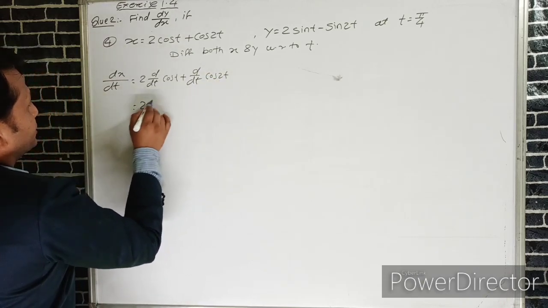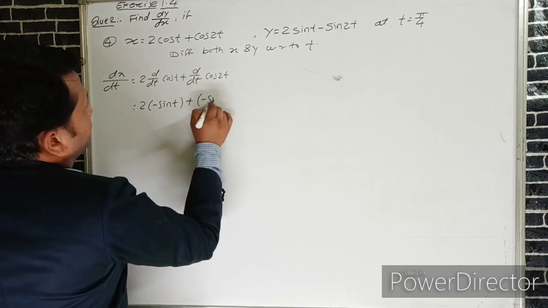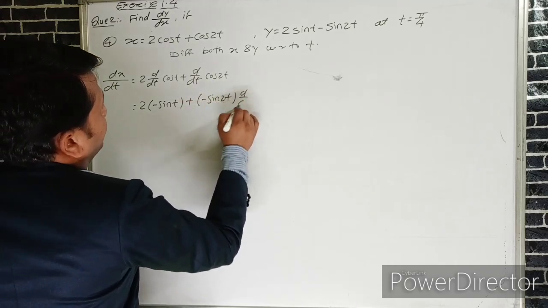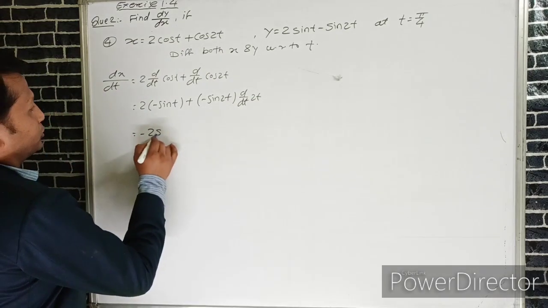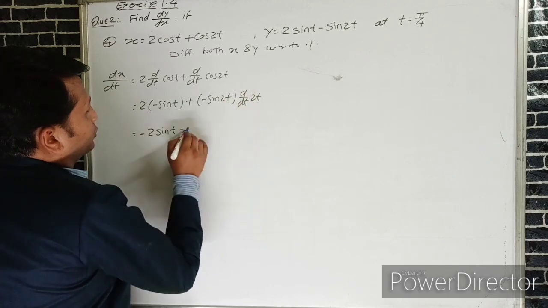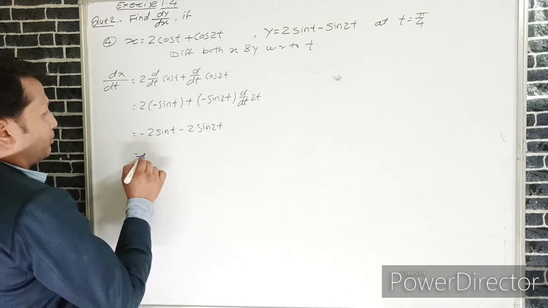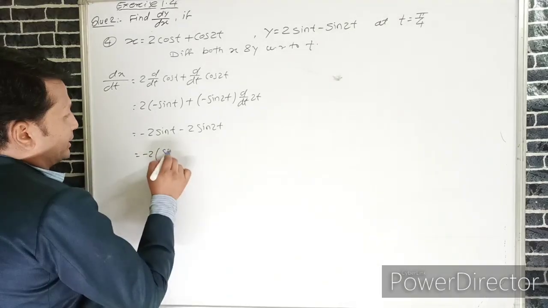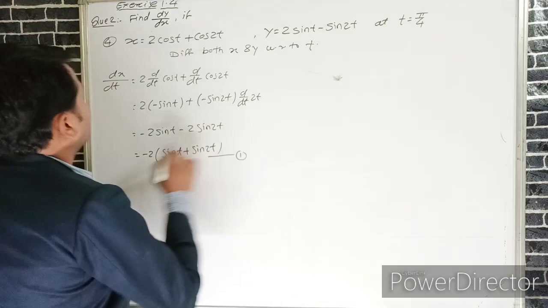The derivative of cos t is minus sin t, plus the derivative of cos 2t is minus sin 2t, and we take again the derivative of 2t. Here minus 2 sin t minus the derivative of 2t, that is 2 sin 2t. If we take minus 2 common from both, we can write sin t plus sin 2t,